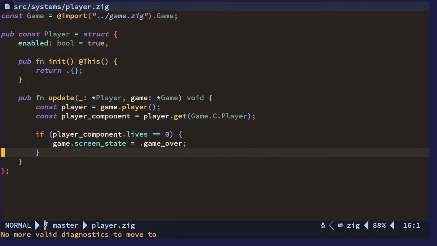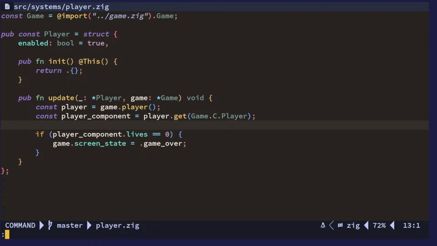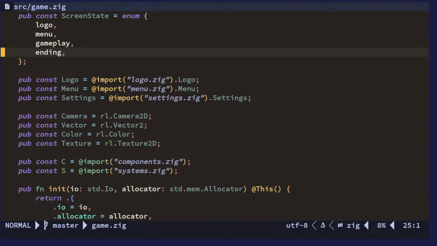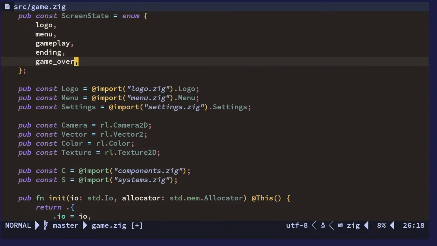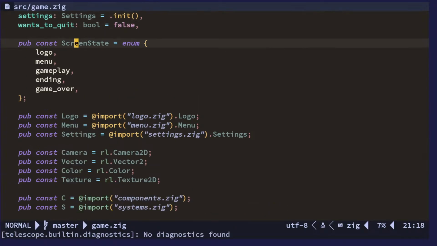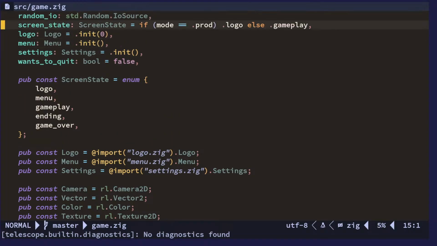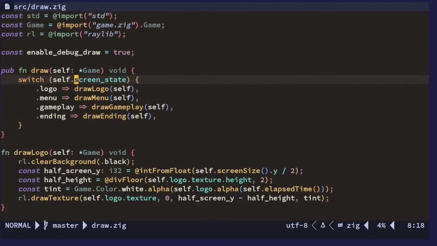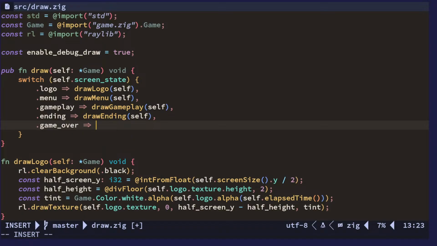Or something like that, which we don't really have yet, but we could do that. We could have game over, and now there should be a bunch of errors. No? What the hell? There should be an error here. There's going to be an error here, but